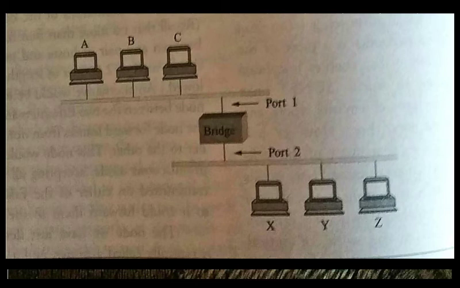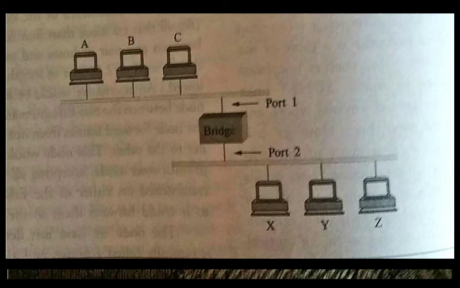Everyone connected to this ethernet segment is going to receive it, because it is a broadcast model. Similarly, the bridge is also connected through port 2 to this ethernet segment, so it is also going to receive the packets transmitted on ethernet segment 2. The question here is whether the bridge has to forward all the packets received on port number 1 to port number 2, or all the packets received on port number 2 onto port number 1. Is it clear? So this is the question here.